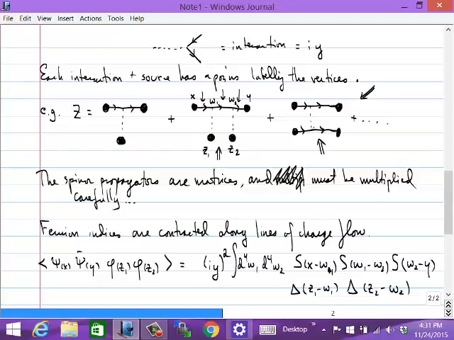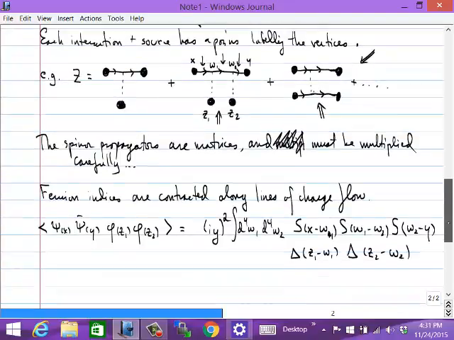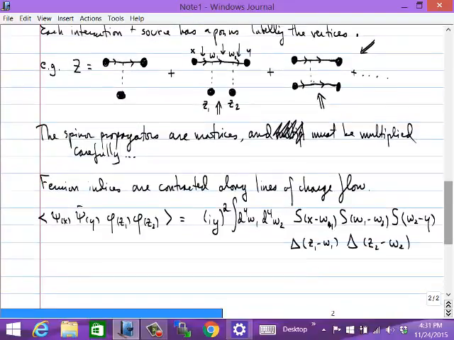The important thing to keep in mind here is that these propagators are matrices. The S's are 4x4 matrices. So I had to be very careful about the order that I wrote down this matrix product. In particular,